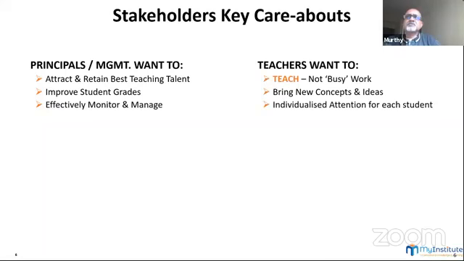Now let's come to teachers. What do teachers want? The teachers want to teach. It's not busy work. They don't want to be doing busy work. And we've done some analysis based on some feedback from quite a few teachers, what we call TCO, total cost